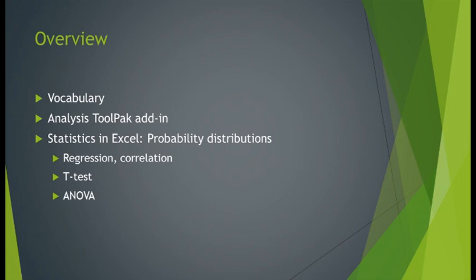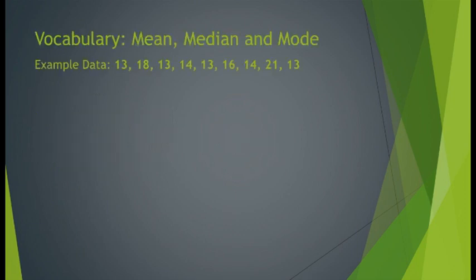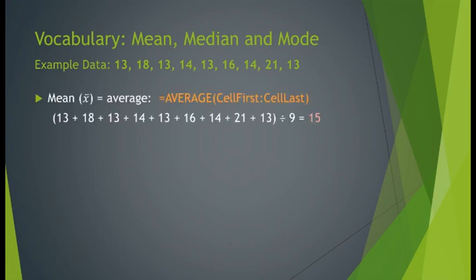to interpret the results. First, we will go over what functions or equations to use to calculate the mean, median, and mode in Excel using this example dataset. To get the mean in Excel, we type in equal average open parentheses. Cell first is the first cell in the dataset, and cell last is the last. As you would expect, what that function is doing is adding each data value together, then dividing by the number